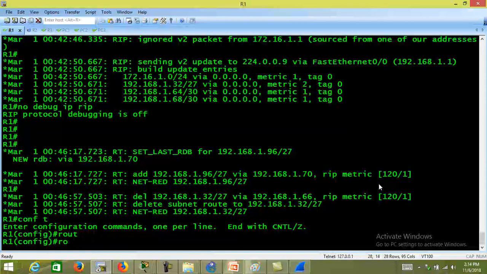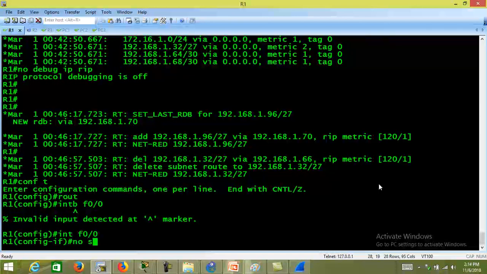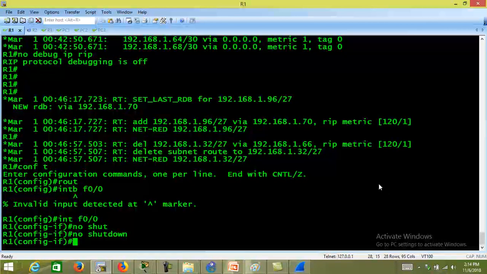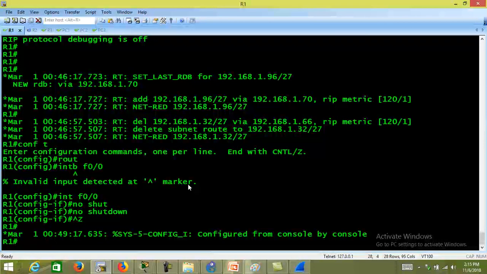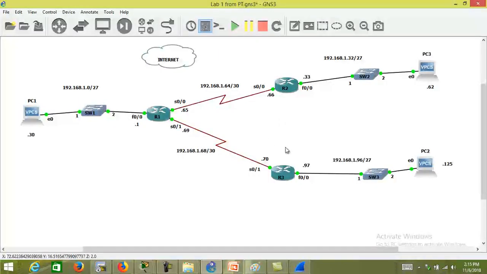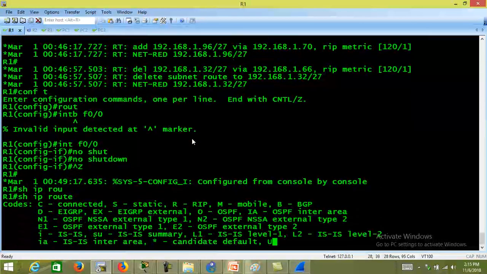So I need to go to int f00 and do, if I can type, no shutdown to restore our network connectivity. So now I believe that our network has full convergence, or all the routers know about both the local networks and remote networks. To verify, of course, we can go to any of the routers and type show IP routes to look at the routing table,